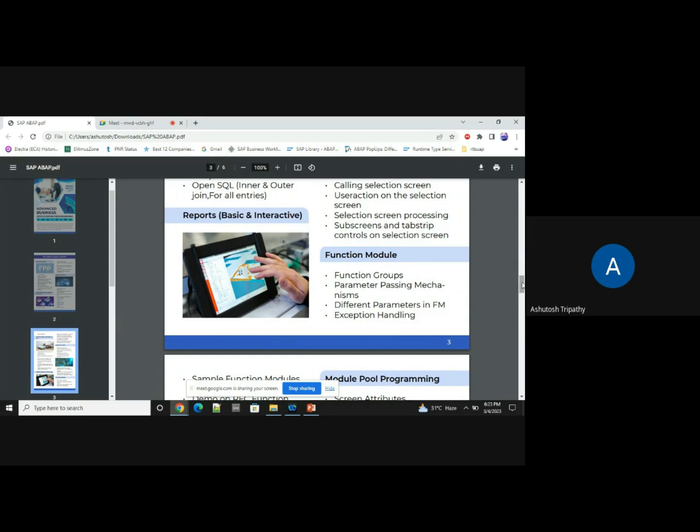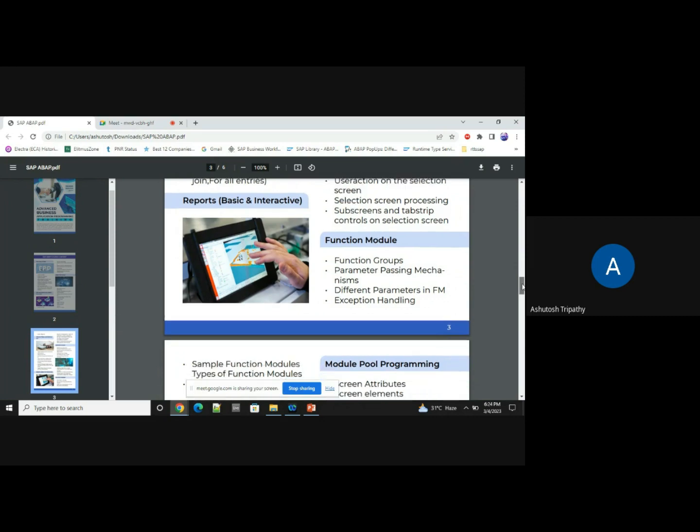So once the reporting is done, we will be dealing with function modules. So what is a function module? A function module is basically similar to what we have in C, C++. A function module is just a piece of code which, based on the requirement, can either manipulate the information or display the information the way you want.